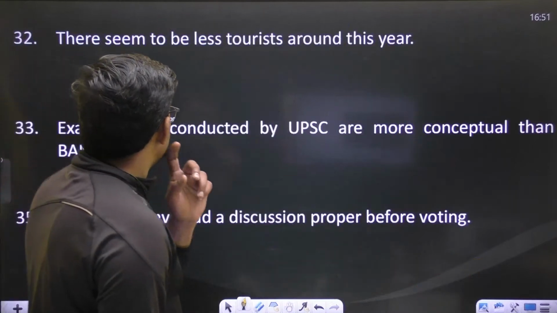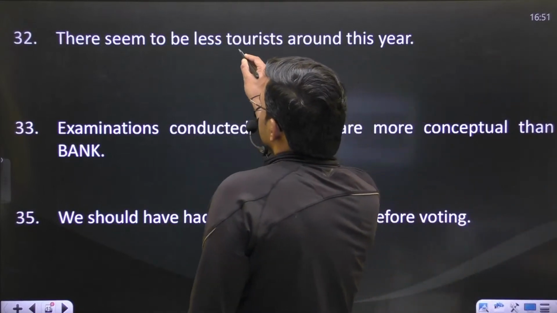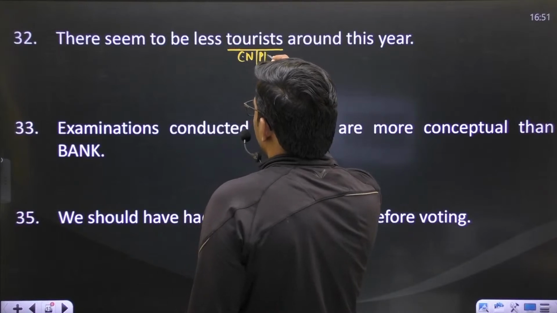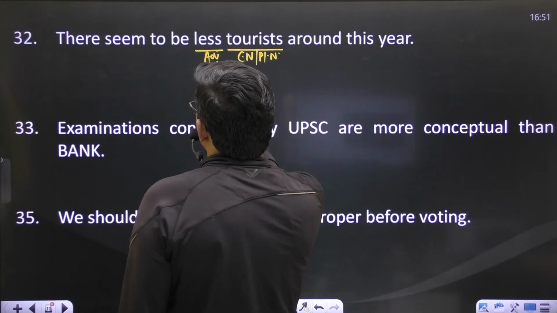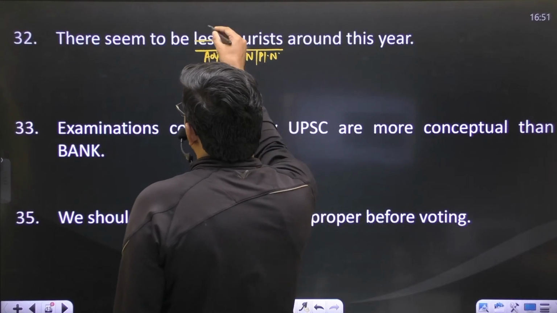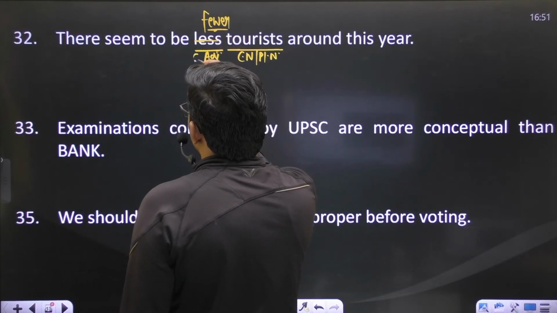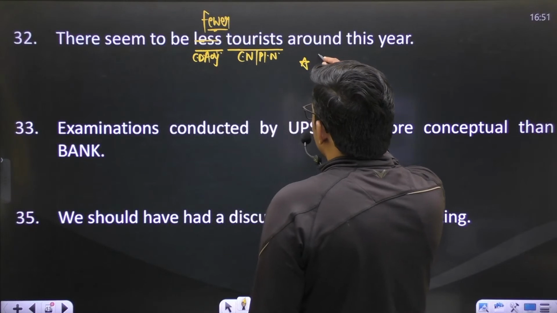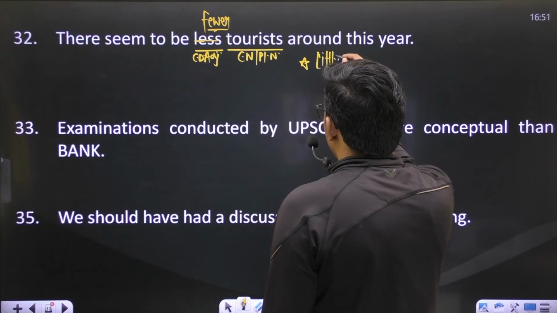Next sentence, there seems to be less tourist around this year. Okay, this word tourist is a countable noun, or you can say plural noun. And make sure before this plural noun we need an adjective, but this adjective must be few. So the comparative degree of fewer will be there. That's it. So the concept is what? We use little or much